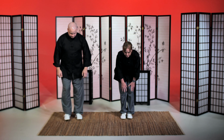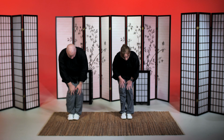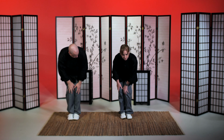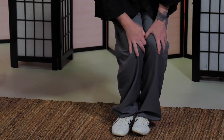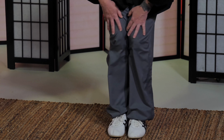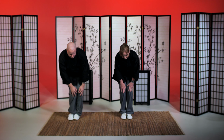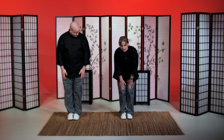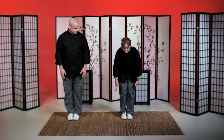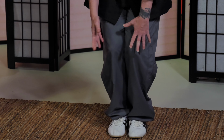So for your knees, you can make rotations around the knees, and you can use your hands to do a light brushing massage on the knees themselves, and you go in both directions, first to one side and then to the other side. The caveat of this one is to make sure that if you do have any type of knee replacement, you want to do a smaller circle, maybe just to sway side to side